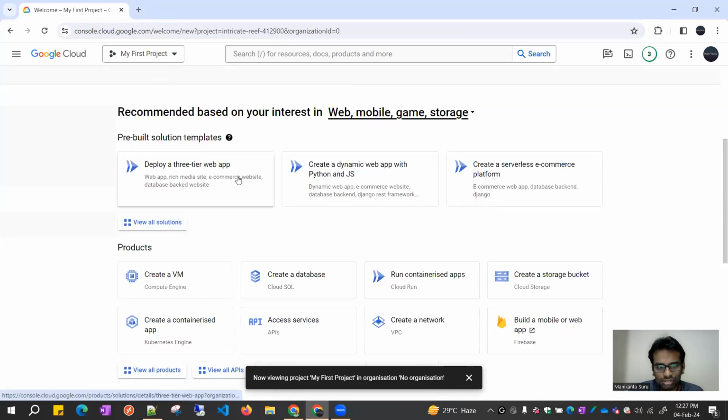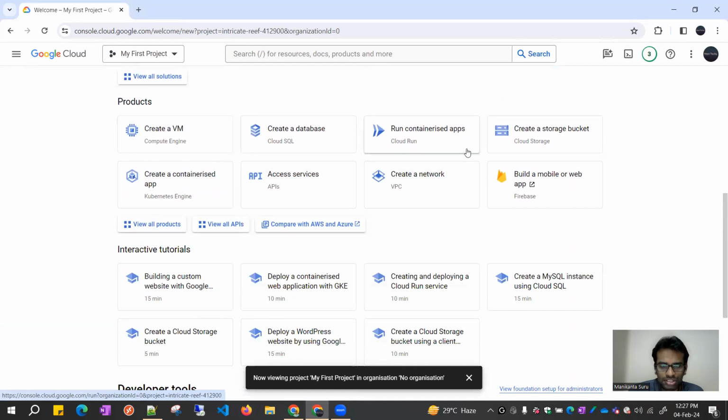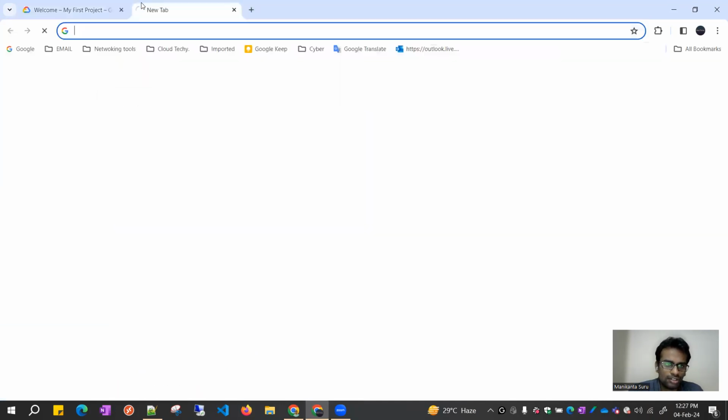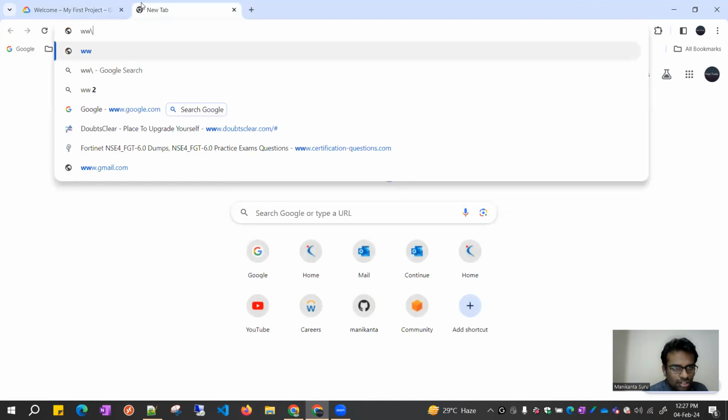But I'm using it this way. I'm just going to Compute Engine, and there are more services available. I will show you. Once you have created